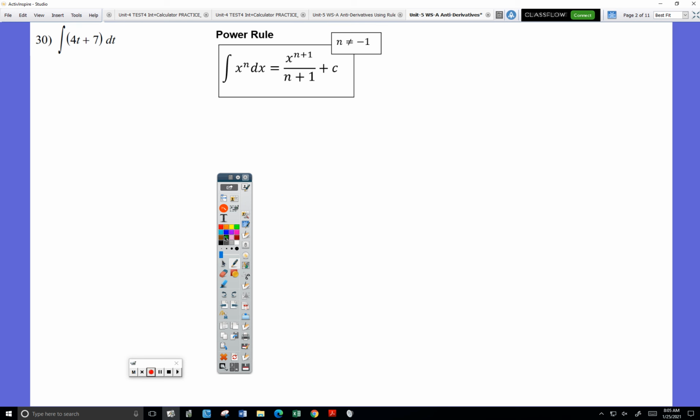Okay, another rule that is identical with antiderivatives and derivatives is the add-subtract rule. So when finding the antiderivative of 4t plus 7, the first thing you should think of is, I can treat these separately. I don't have to think of them together. And so the 4 is a multiplying constant, so it just comes out. Then I would have the antiderivative of t to the first power,